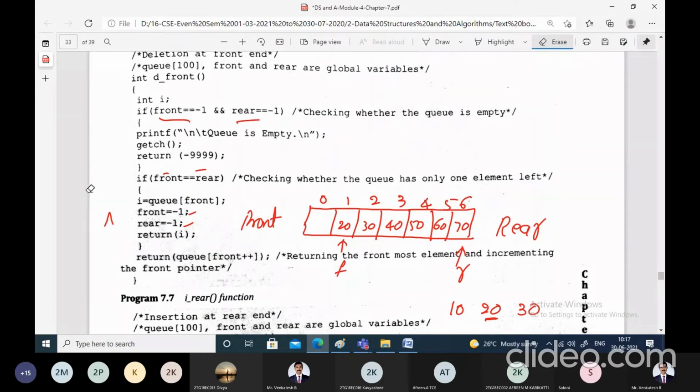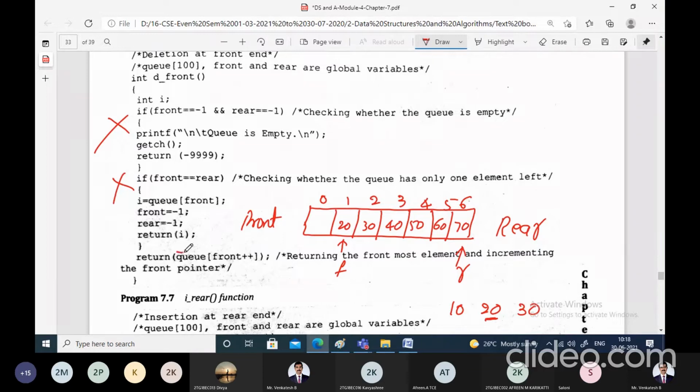Okay. Now let us execute the code once again and see if we can delete some more elements from the front end of the double-ended queue. So you want to delete one more element from the front end. First check whether the double-ended queue is empty. Is front equal to -1 and rear equal to -1? The condition fails because there are some elements present in the double-ended queue. Again check, is there only one element present? No, that is also false. Next, we are free to delete the element from the front end of the double-ended queue.